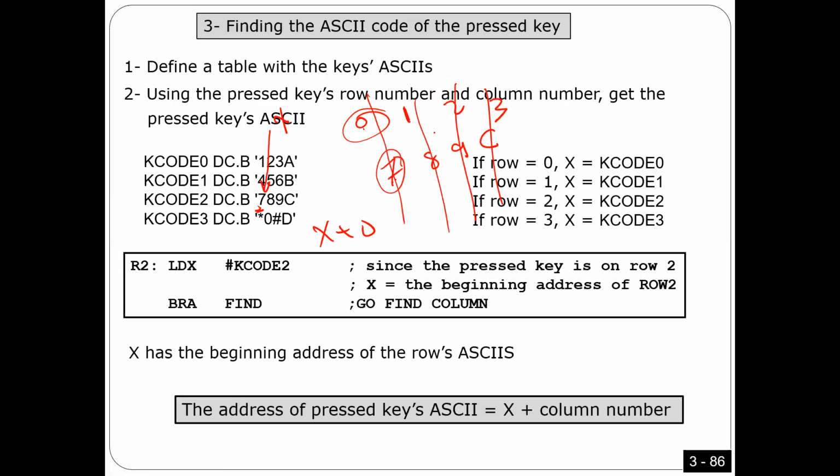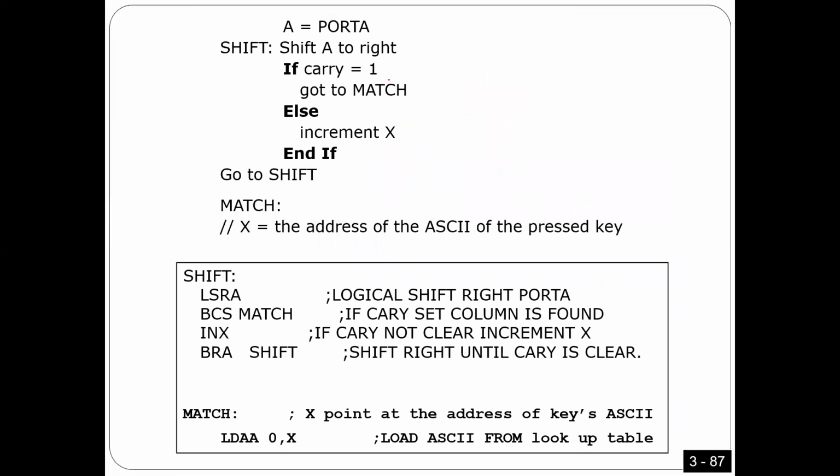Is that okay? If it is 1 0 0 0, okay, if the 1 is here, this is the column number, so it has to be X plus 1. X is the address here, plus 1, so I have to come to here, right? So if the 1 is here, I have to find where the 1 is, right? Because in the column there is only one. So how this part is going to work, I'm going to tell you. I'm giving you here an example. Look how it works, guys. Because this is a column here,